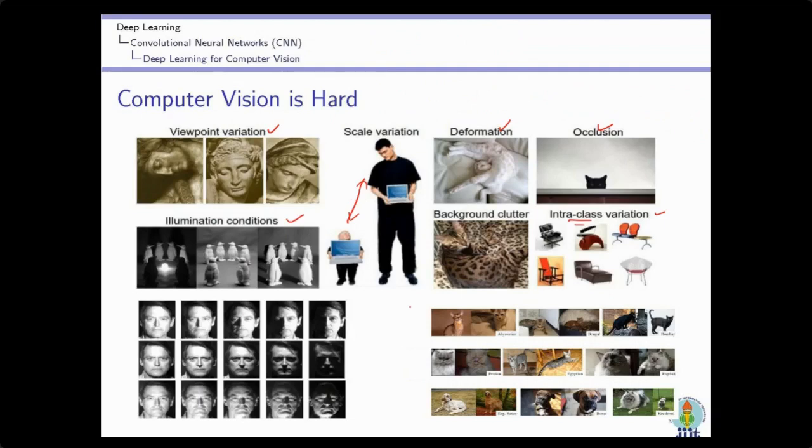But now deep neural networks are able to come out of these limitations and tackle these variations. Except there is still one challenging problem, that is occlusion. If there is an obstacle in front of the object we have to identify, it becomes a problem. It is still an open research problem and we are still working on this. So these are the different variations which make the computer vision task a difficult process.